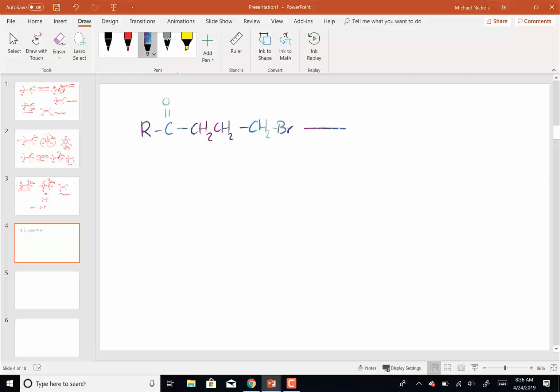I had this alkyl halide, and I wanted to add magnesium and carbon dioxide and then H plus H2O to it, because what I want to do is replace the Br with a carboxylic acid. The problem is